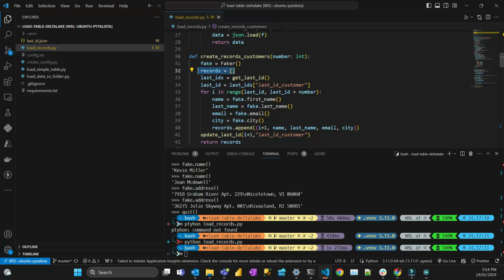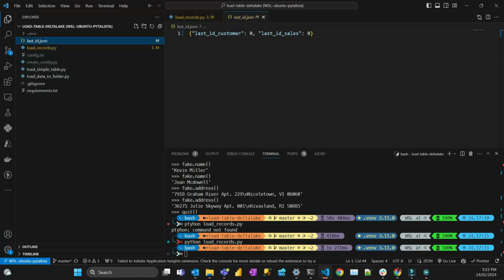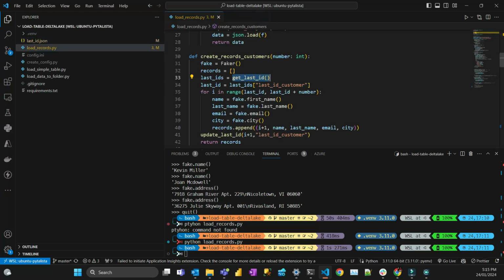One is to pass a list of tuples. So first thing is I have this function that gets the last ID, which is pretty much open this file and then get the last ID of the customer, which is going to be 0 in this case. And that's gonna save that into